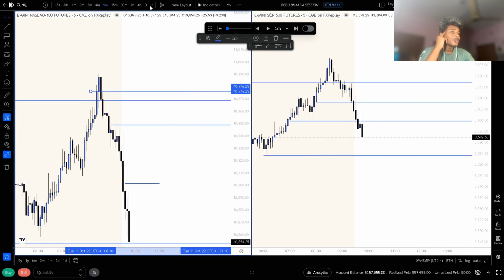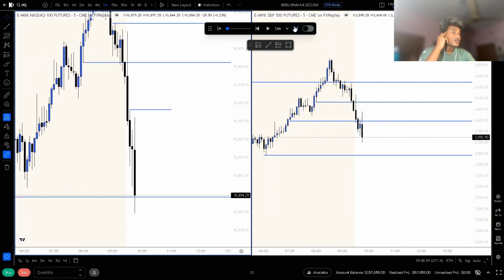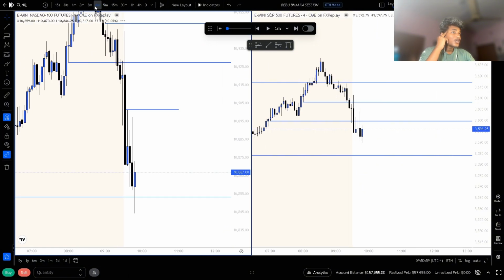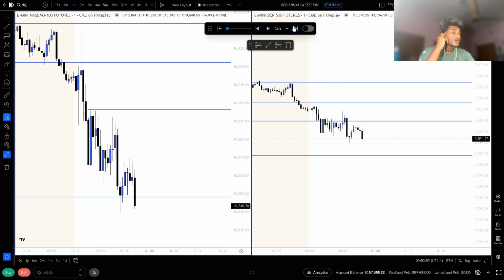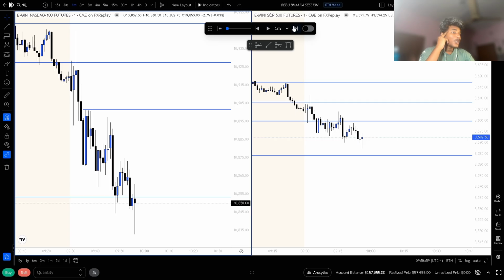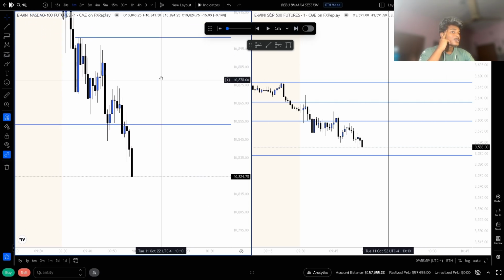I may take longs also, but I'm not feeling nice today as well. So we are getting some rejection from here, and we ended up resweeping, and we are going lower, generating low resistance above us,